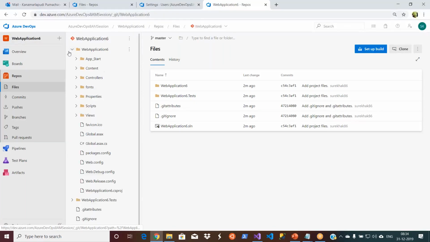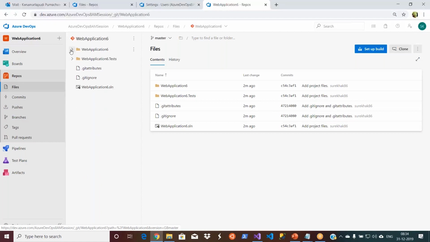So now the thing is, yesterday people gave me some user email IDs. Let's go ahead and add their accounts to this project so that they can access it and we can see some merge operations and pull requests in the sessions actually. How do you add a user? You can add a user at the organization level, or you can add a user at the project level as well. I want to give these users access to my project only.